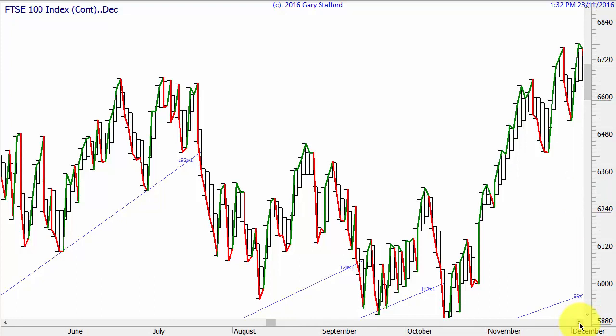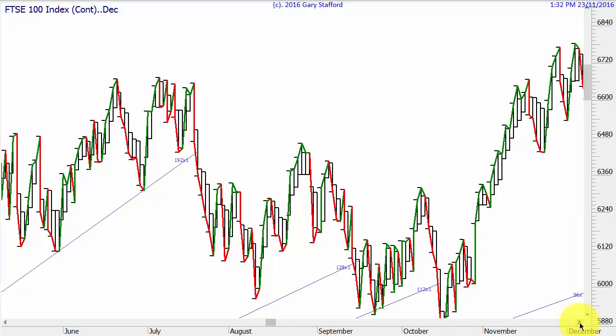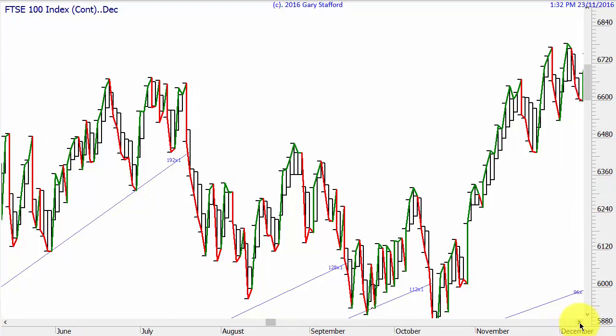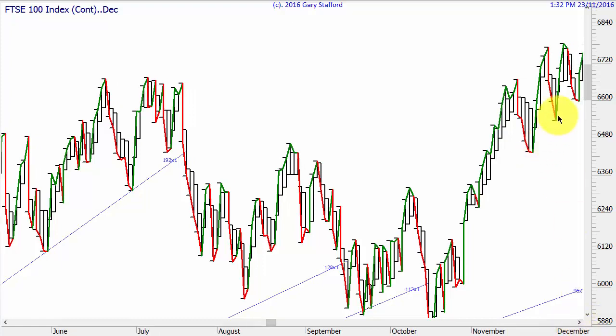The next day we have an inside day. The next day it comes down. Next day it comes down. Next day we form a trend indicator line bottom and we go up. So I'd move my stop loss from there to that low there. So we're now making slightly more than the 13,000, probably more like 14,500.